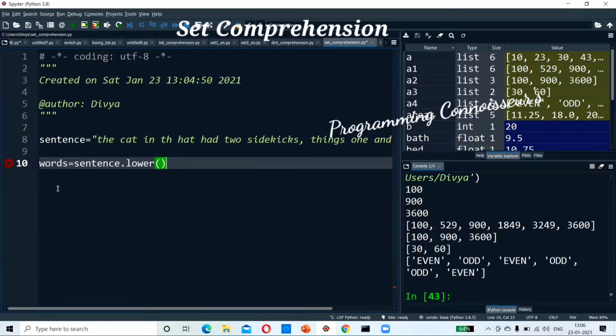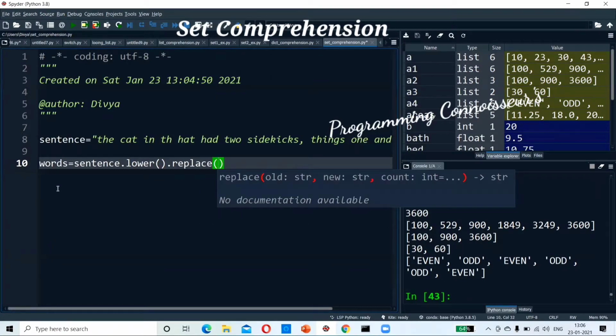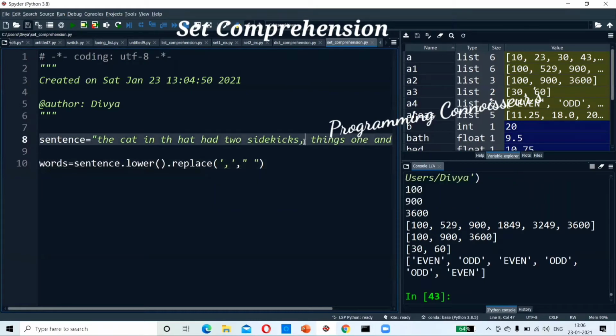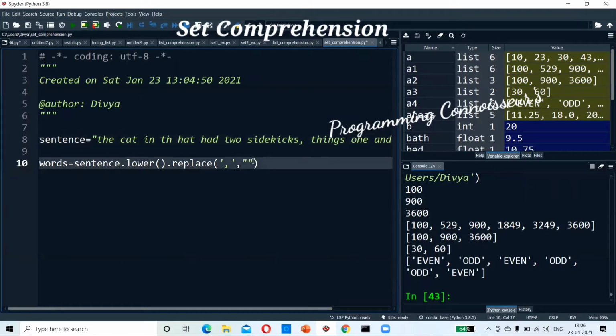Now what I want to do is replace all commas with a space, or we'll say we replace the comma with nothing. I don't want a space.